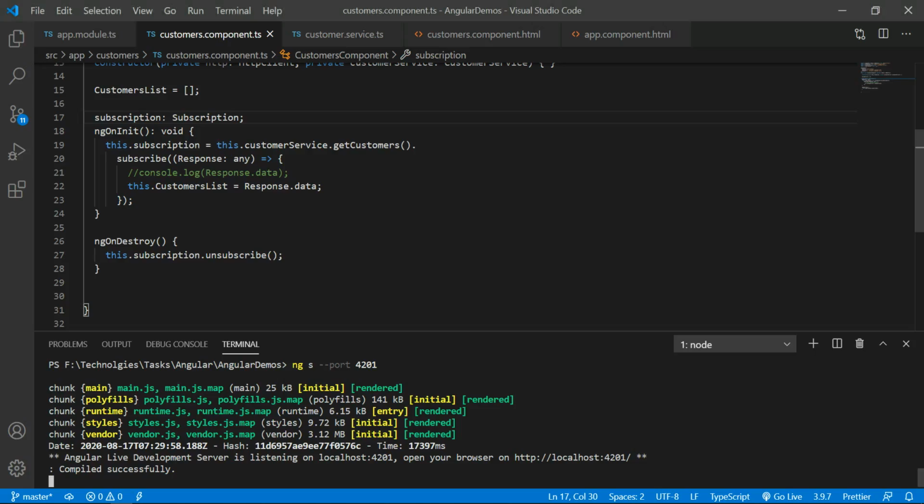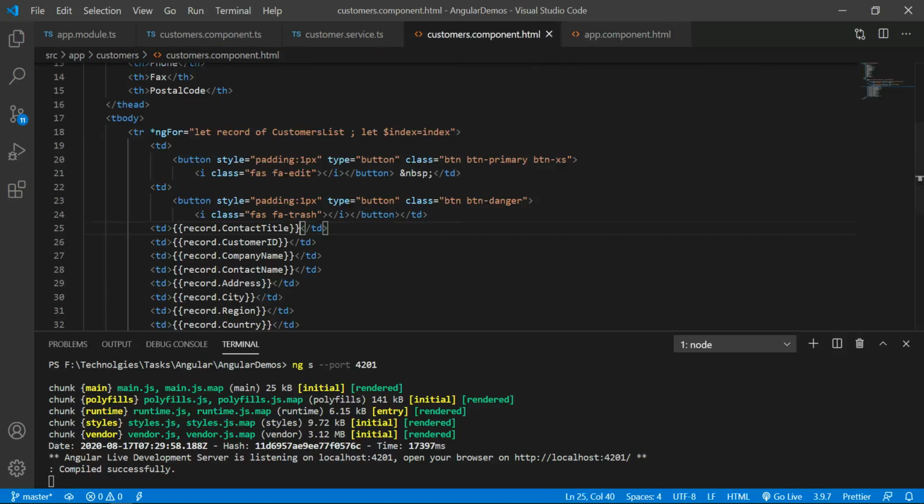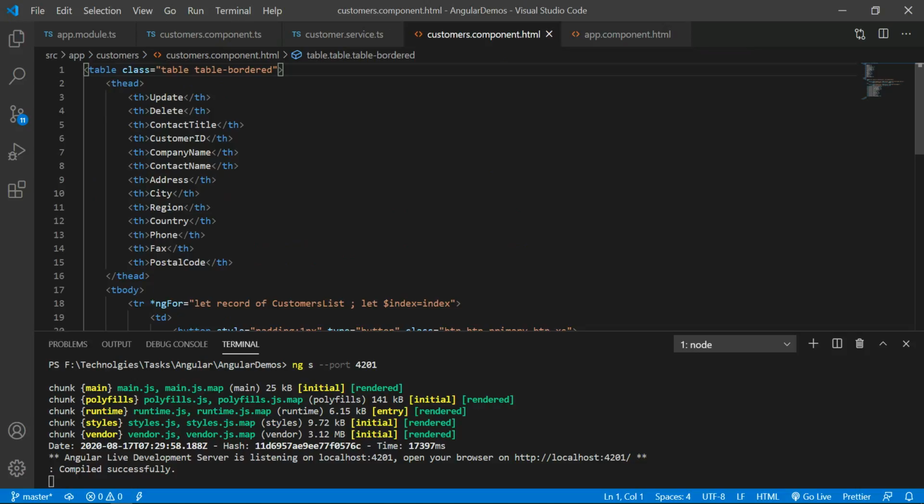Now here, if you observe in the ngOnInit, I'm having only one method, that is the get customers method. But right now I want to implement the put request, post request and delete operations in the same component. But if you see my component, it's having the entire table structure. So here I just want to create a new component.